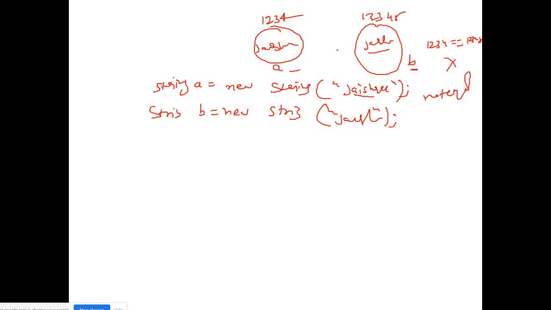So how can we compare the data inside the different objects? Just write if, as I wrote over there, a dot equals b, with b inside the bracket. So what will it compare? It will come here. This will override this equals method. Just explore it, right? This will override this method, and for a, it will find the value. After overriding, it will find this value.